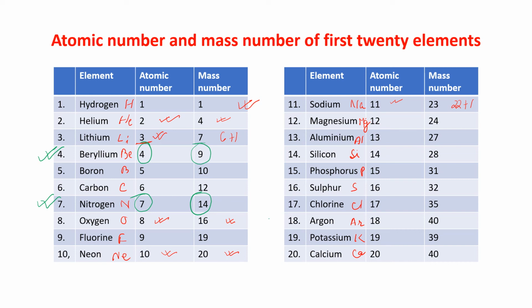And the third one is argon. See, argon is having atomic number 18. It is an even number, so it should be 36, just double, but it is 40. So please remember these 3. And one more I want to tell you here. Chlorine is showing 35, but actually the atomic number of chlorine is 17 and the mass number is 35.5. The mass number of chlorine is 35.5. So you will write 35.5 only. Okay.